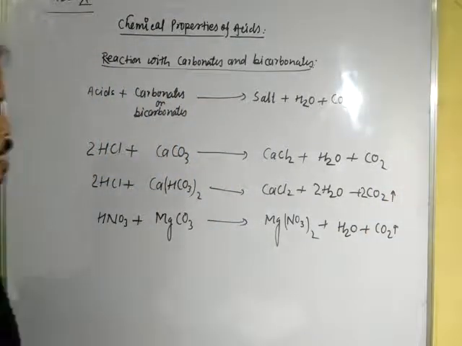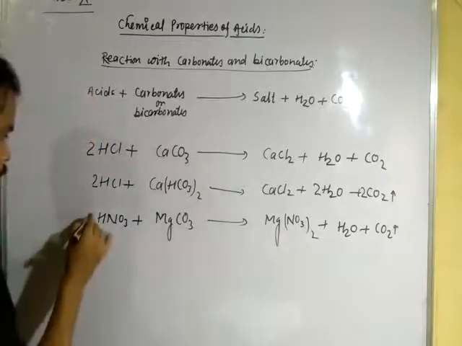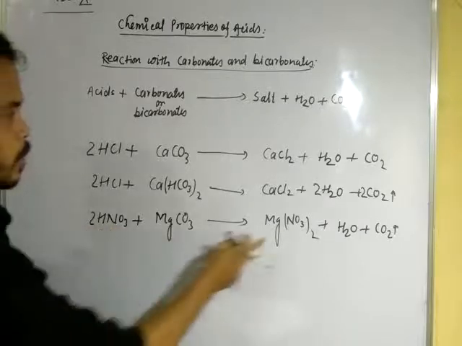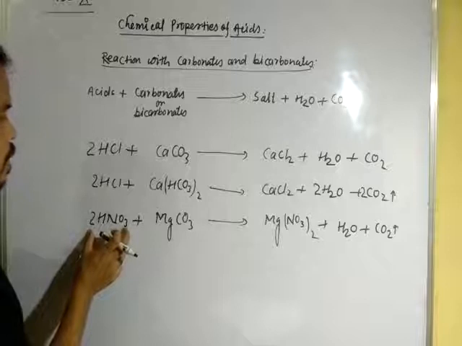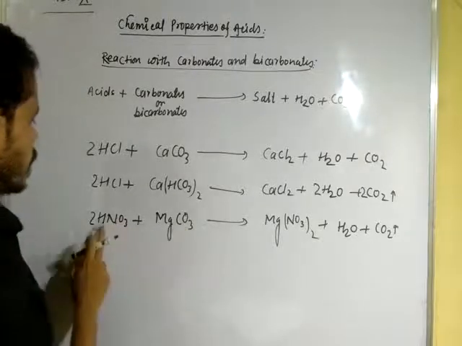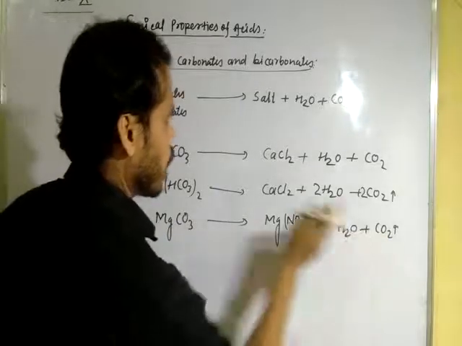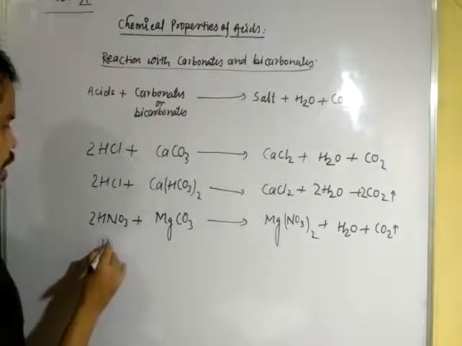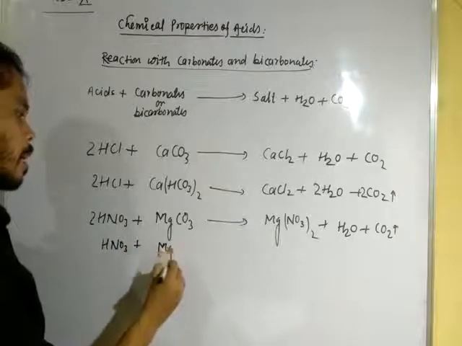Here, to balance the reaction, we have to multiply the HNO3 by 2, and here 2 nitrogen, 3 to the 6 oxygen, and 3 oxygen, 9 oxygen. Here 2 hydrogen, 3 to the 6, 7, 8, 9 oxygen. Okay, the reaction is balanced. Once again, when HNO3 is treated with magnesium bicarbonate